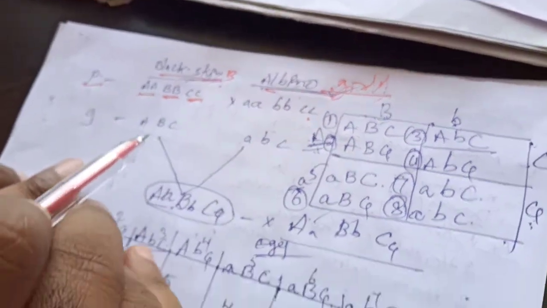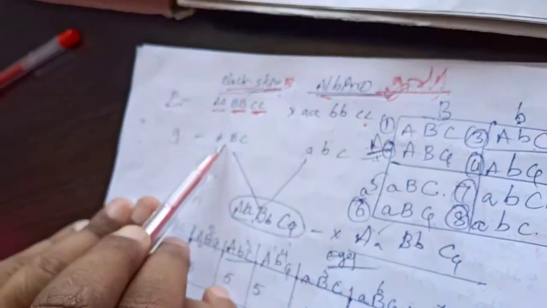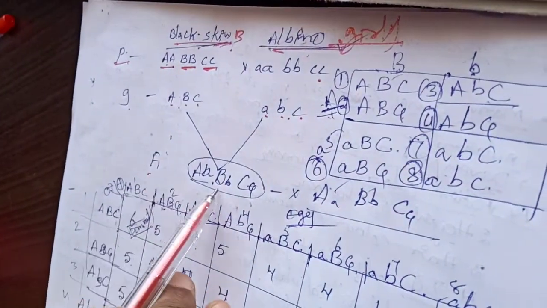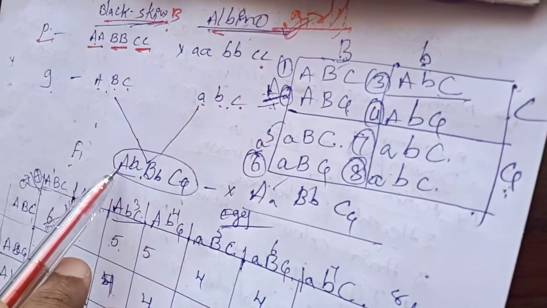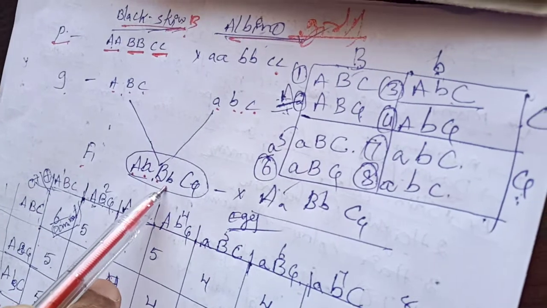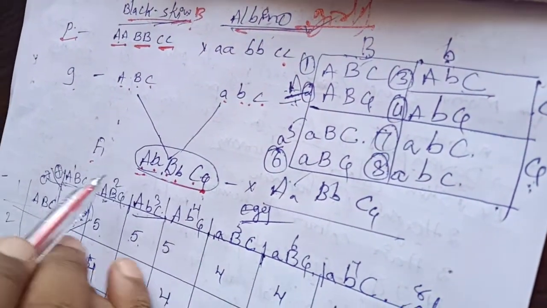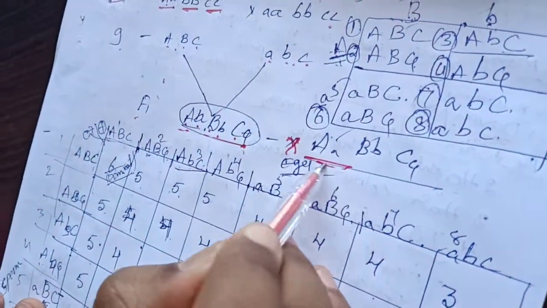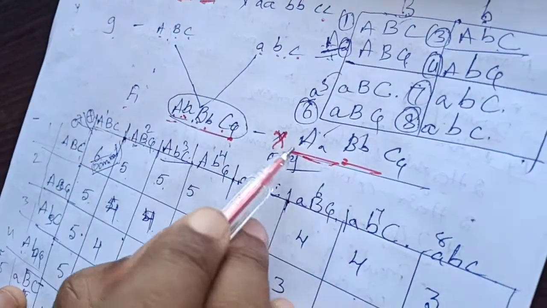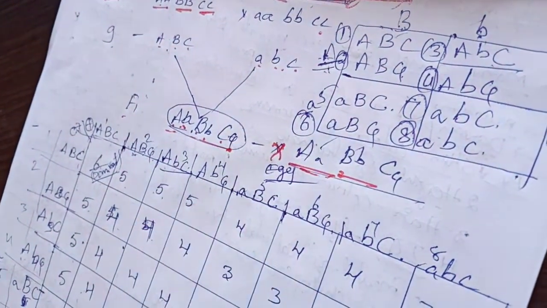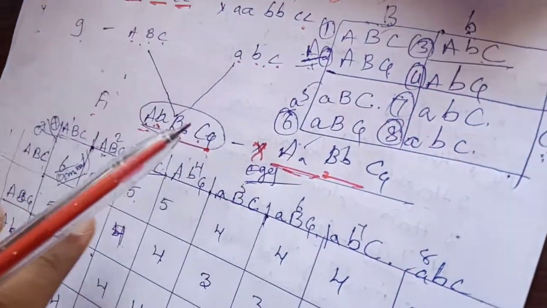Now the gametes are here: A, B, C and small a, small b, small c. In the F1 hybrid, we will produce capital A, small a, capital B, small b, capital C, small c. Gametes will be produced like this. If we are selfing this one, these people selfing means again you can take it. How to self it here? I can show here. See this. How many possible gametes are there?